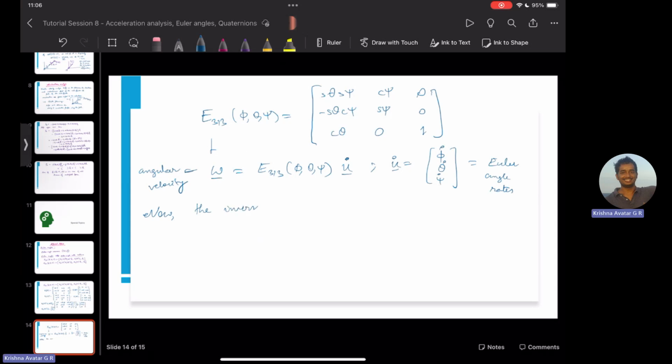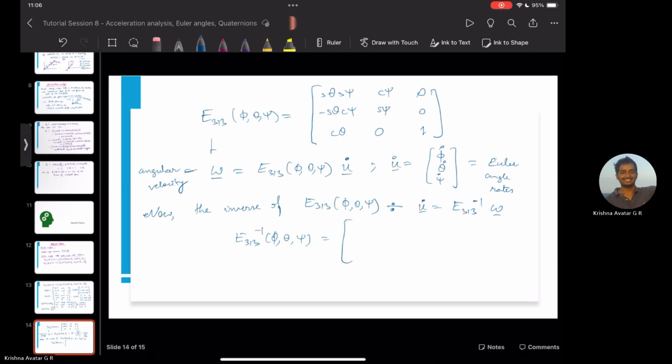Now the inverse of E313 of phi would help us determine u dot for some given angular velocity omega. That is why we need it. Upon finding the inverse of this E313 of psi inverse,